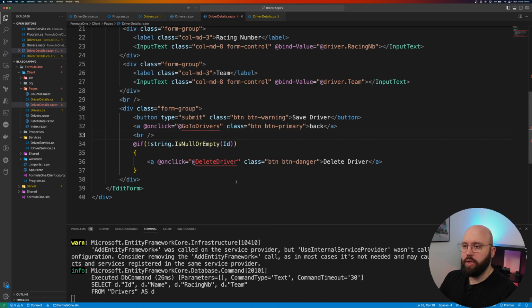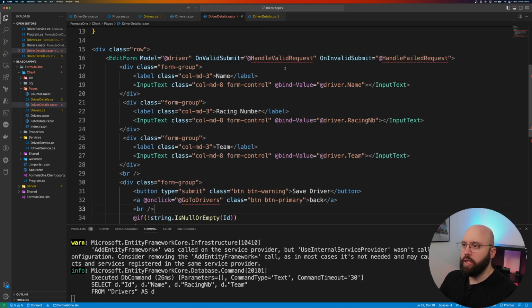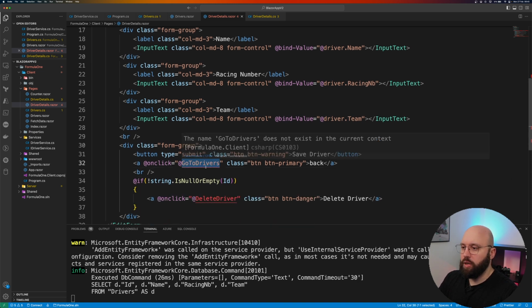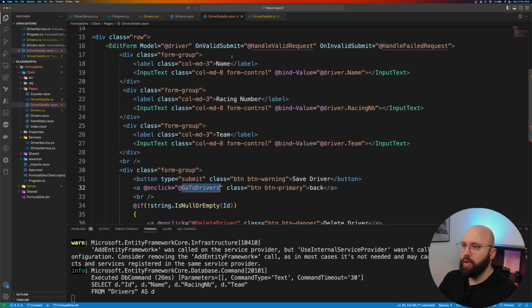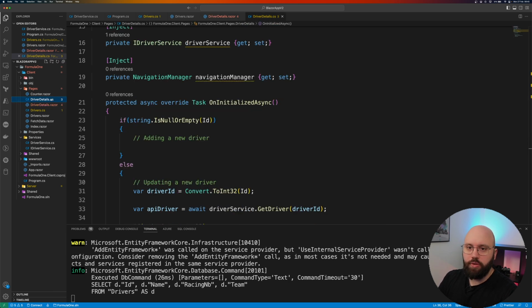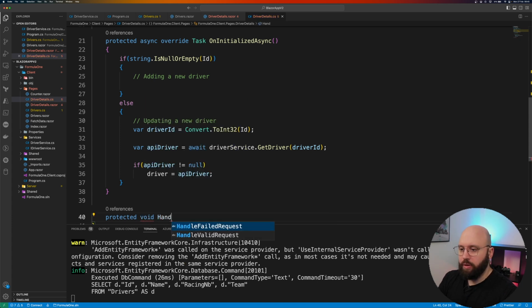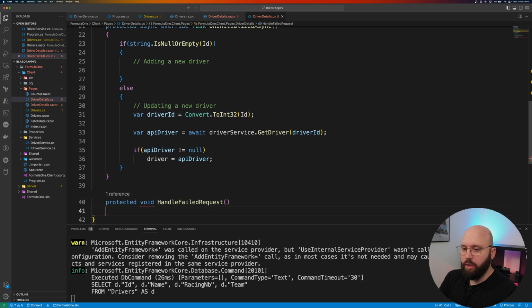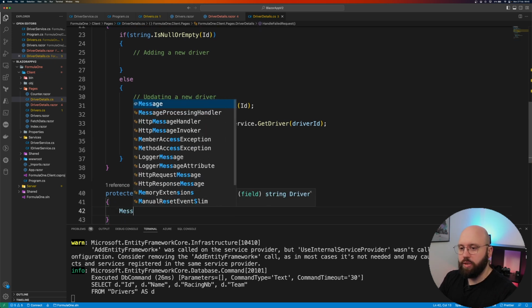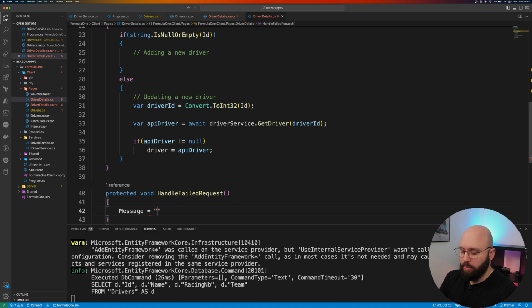Okay, it's not gonna work right now, so let's start by actually creating these three methods. Let's start with the easiest methods, which are go back to drivers and the invalid request. So if we go back to our driver detail.cs, let's add these methods after the OnInitializedAsync. First of all, it's gonna be protected void HandleFailedRequests. And all I'm gonna be doing here is just utilizing that message that we have created previously. And I'm gonna say something went wrong, form not submitted,